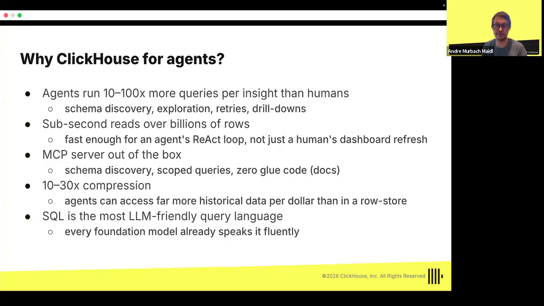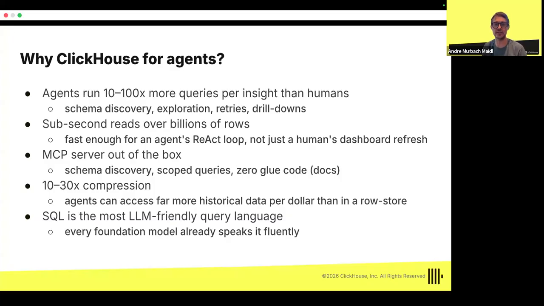This is possible because ClickHouse can run sub-second queries over billions of rows, all because of the column-oriented fashion that I mentioned and the fact that ClickHouse stores data sorted by the primary key and data is also compressed on disk, making ClickHouse very suited for running this type of queries in an agentic fashion.